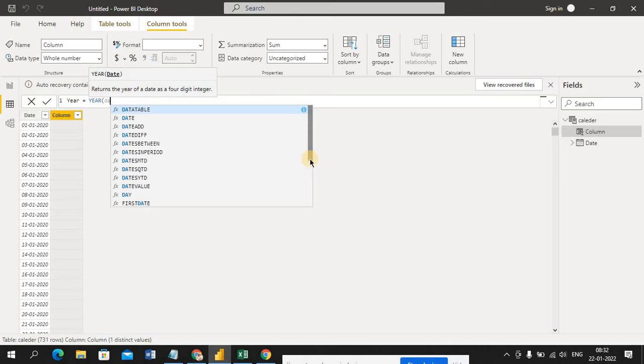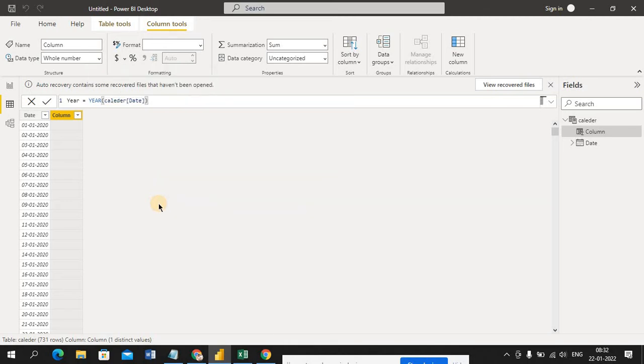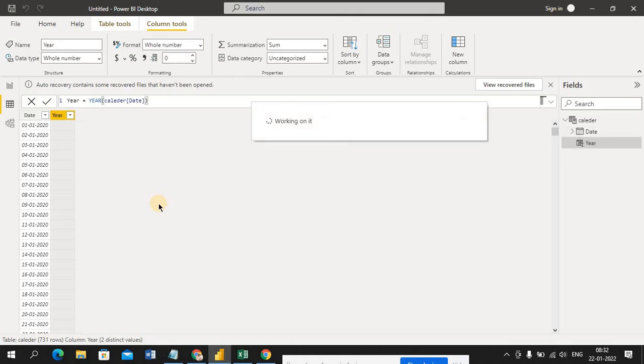See guys, one more thing, date. Okay, D. See this one. Okay, so this is the table name, the calendar. This is a column name, which we created, that table name it is. Okay, so in the table this is a column name, don't be confused. Close it. So I'll get here from this column.